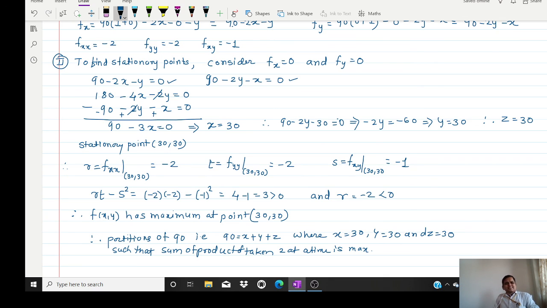So you may get this type of examples in your university examination. Try to solve as many problems as possible. That means the practice will make you perfect and you can score maximum in this particular topic. Yes, we'll meet in the next lecture with the same topic but with a different method. That is Lagrange's multiplier method, which is also used to calculate the maxima and the minima of the given function. Thank you.